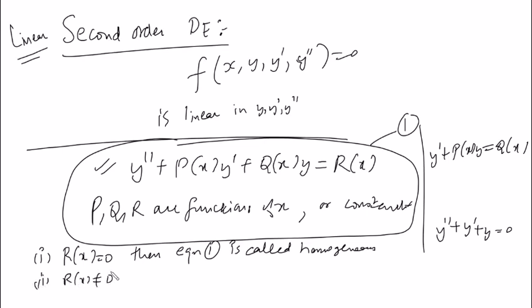If there is something present, maybe just a non-zero constant, or some function of x, in that case, this is called non-homogeneous. So in short, we can write it like HDE, homogeneous differential equation, NHDE, non-homogeneous differential equation. Default, अभी हम second order में ही हैं, so I'll not mention every time of second order, but we are in second order now. Okay, so this is the first definition, and then we have the result with us.